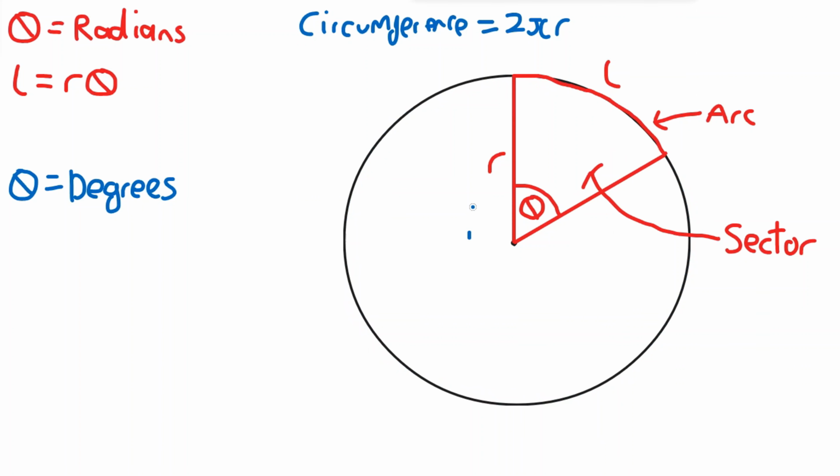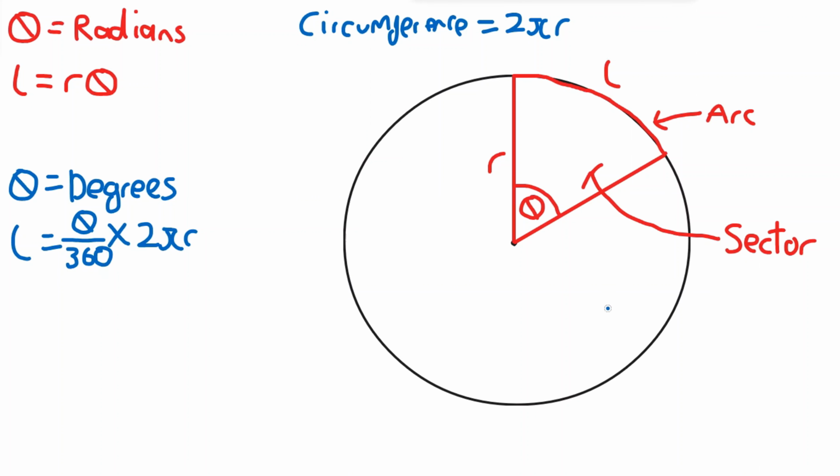So what we would have to do, as the entire circle is 360 degrees, but we're only interested in the theta section here, therefore the length of this arc here will be the circumference 2 pi r, but we would multiply it by theta over